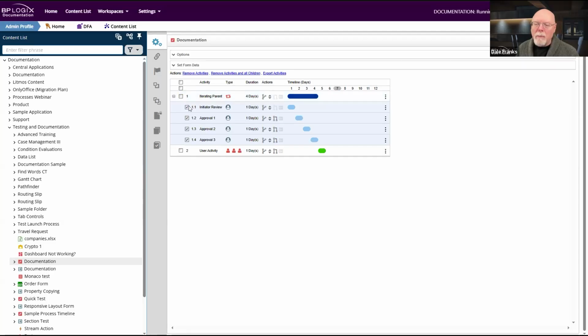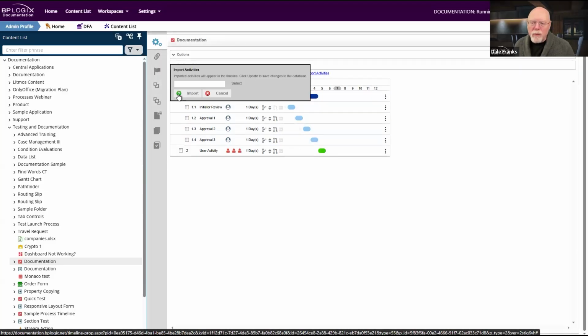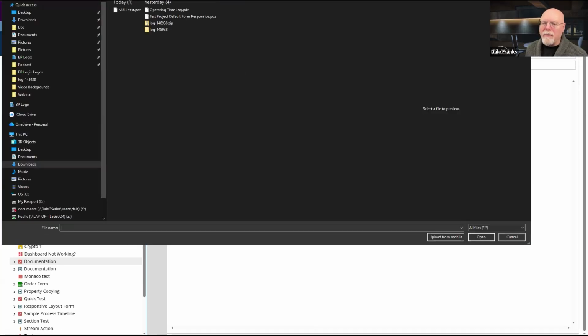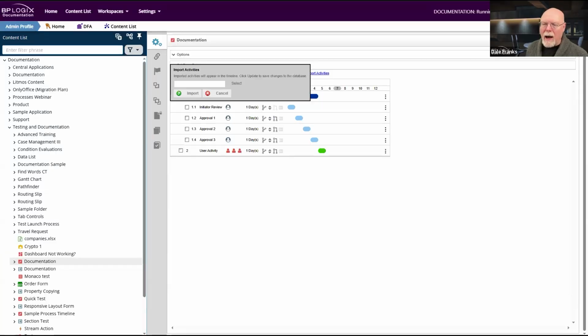Similarly to import our activities, and I'll have to deselect all these so I can get my import action link back. When you click Import Activities, well, you get a selector so that you can actually open up the file dialog on your machine, and you can go and find the XML file that contains your exported activities.